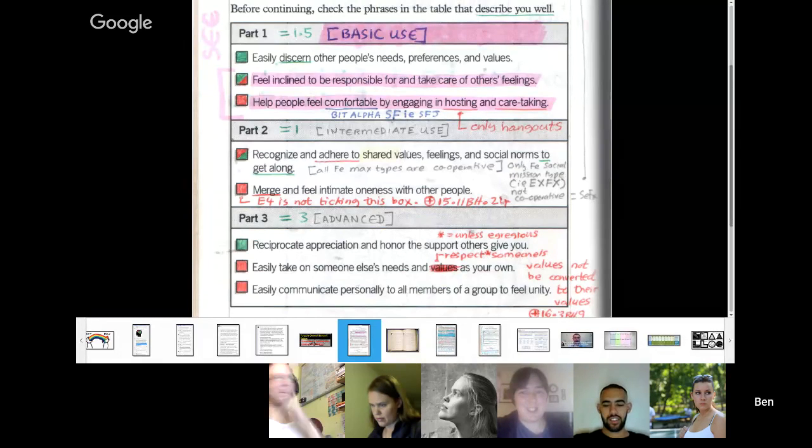Well, some of this, I think, is true for dominant extroverted feeling types, but an FE user that isn't dominant isn't going to relate to some of this stuff. Like, help people feel comfortable by engaging in hosting and caretaking. Well, that's very ESFJ. Or easily communicate personally to all members of a group to feel unity. Again, it helps if you're more extroverted, because introverts, it takes time for them to feel comfortable with